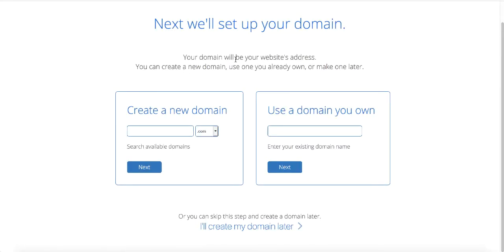Now create a domain name for your website, which is going to be the name of your website. If you already have a domain name, you can just type in your domain name here and click next. If you want to create it through Bluehost, you can just create a new one. I'm just going to go ahead and name my website my new test site 2. And if you're not sure what to name your website, you can just click on this, I will create my domain later, and you can add your domain later on. You're still gonna get the domain name for free for the first year. So for now, click on this blue next button,